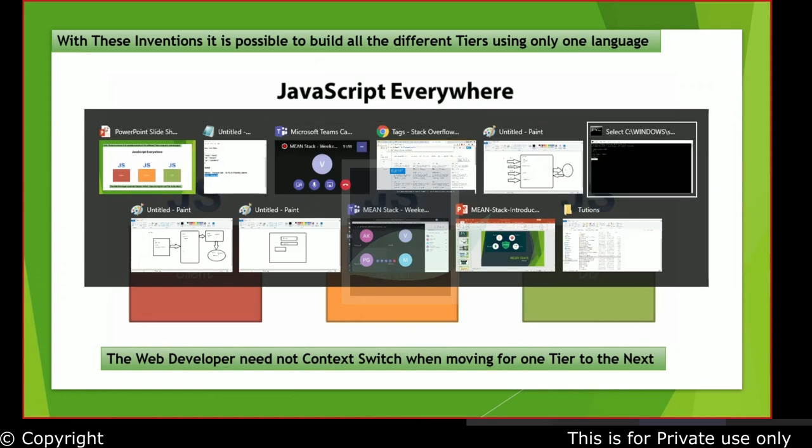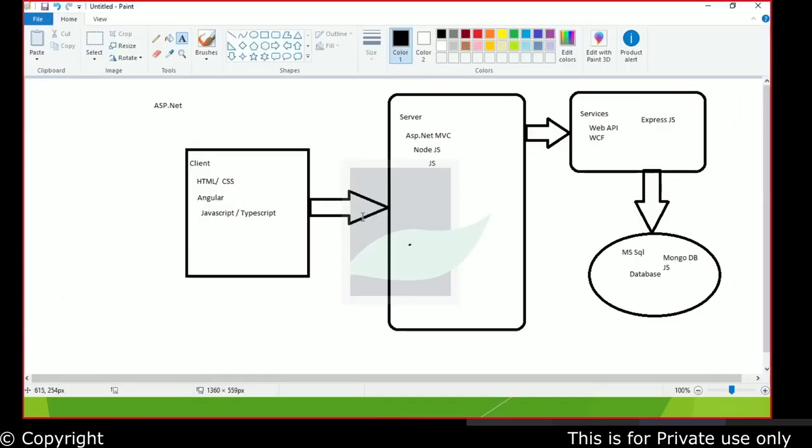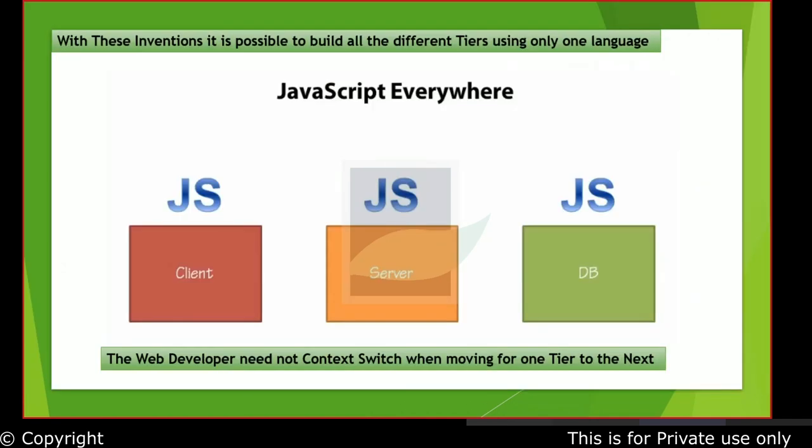As we spoke about this, I have the diagram. As we spoke about different layers in any other language, he should be switching context. In this stack of technologies, which is Angular and Node.js and Express.js and MongoDB, all of this helps you not to switch context and just stick to one thing. We'll speak about how we can design applications by having knowledge in just one language. We'll speak about it extensively once we start speaking about different layers to do with Angular.